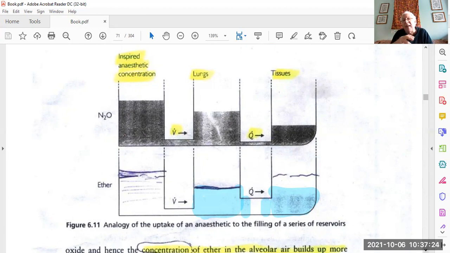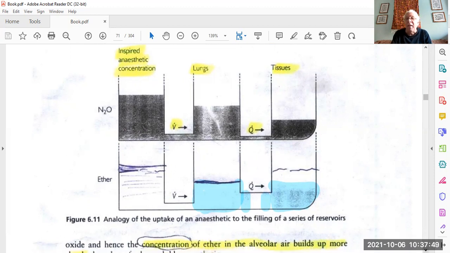And we can see that in the channels of ventilation and cardiac output perfusion there is a difference, showing that much ether is being taken from the lungs to the tissue. You see, this is why ether has a slow induction and a slow recovery, because